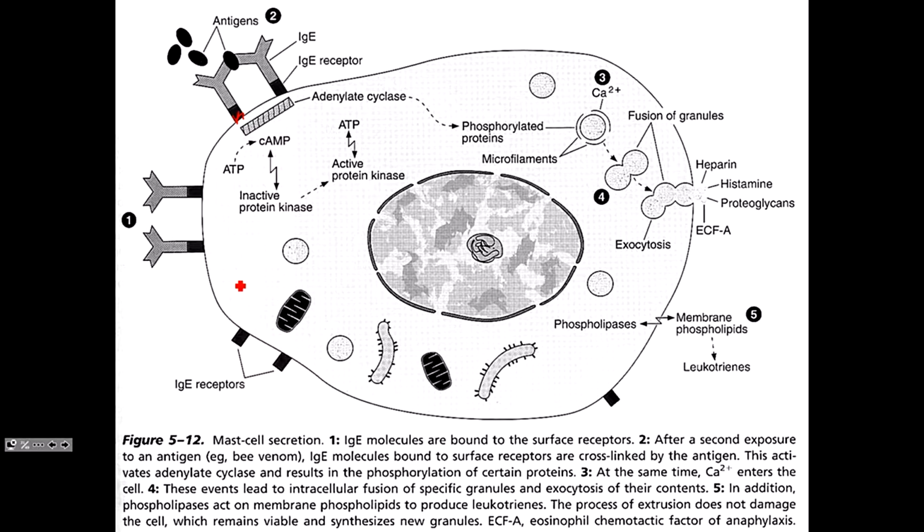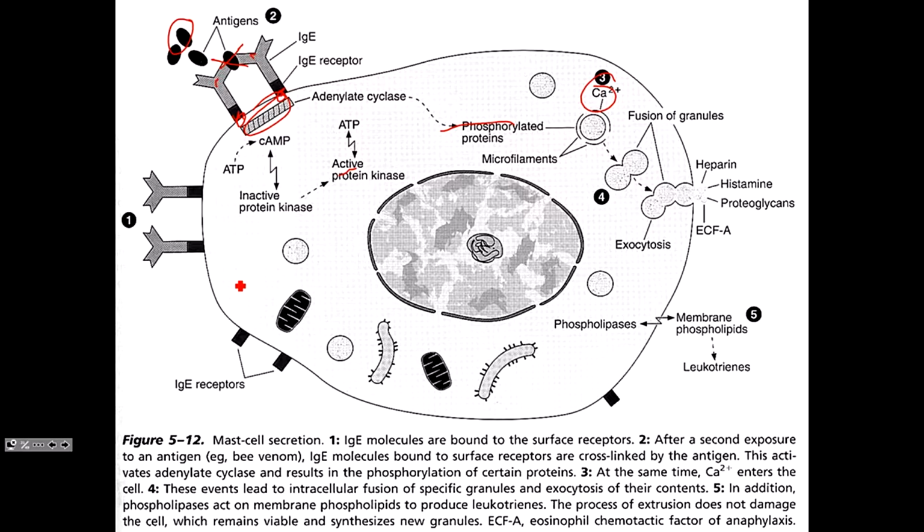And say you are bitten by a bee and that bee antigen makes its way into your body. That antigen can then cross-link adjacent IgE molecules. When those two adjacent IgE molecules come together, that initiates signal transduction inside the cell, because now the intracellular proteins associated with the receptor can come together and initiate a signaling event, shown here. And as part of that signaling event, you get mobilization of calcium,